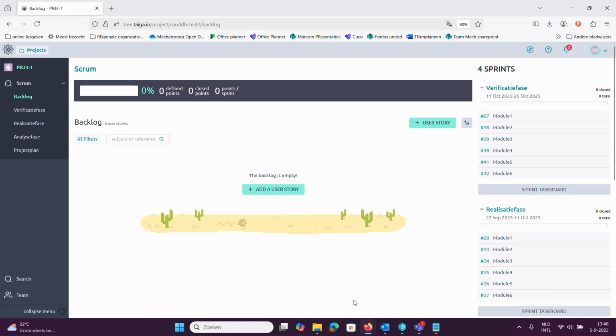We have a backlog, and in the backlog you can see some sprints. Normally you define sprints and you work for 2 weeks on a sprint, but we define some project phases, which is a little bit easier in this case. You have a project plan, analysis phase, realization phase, and verification phase, and they are also here defined,